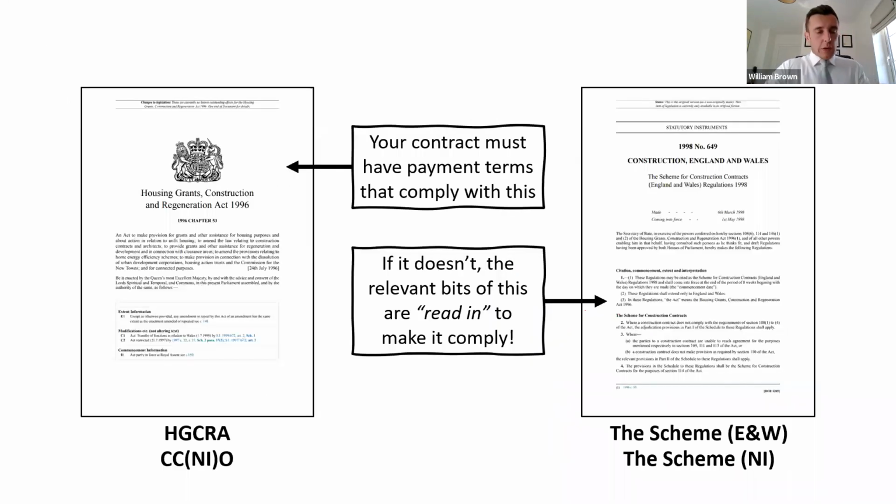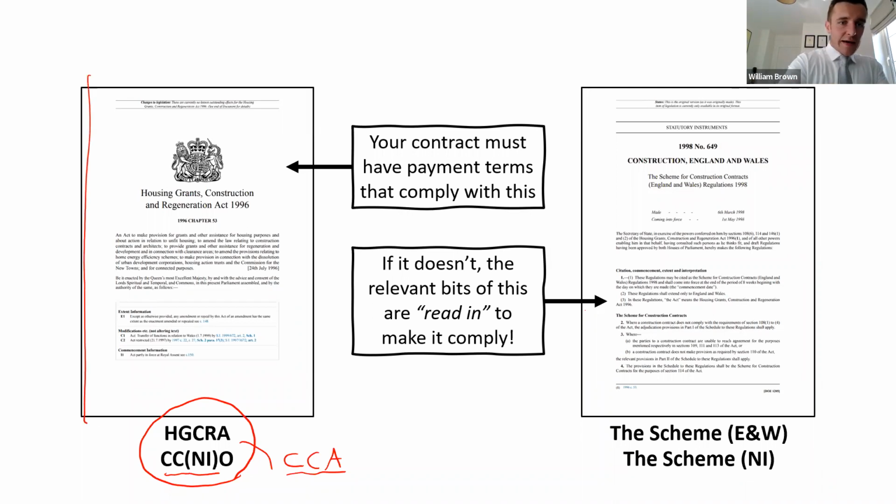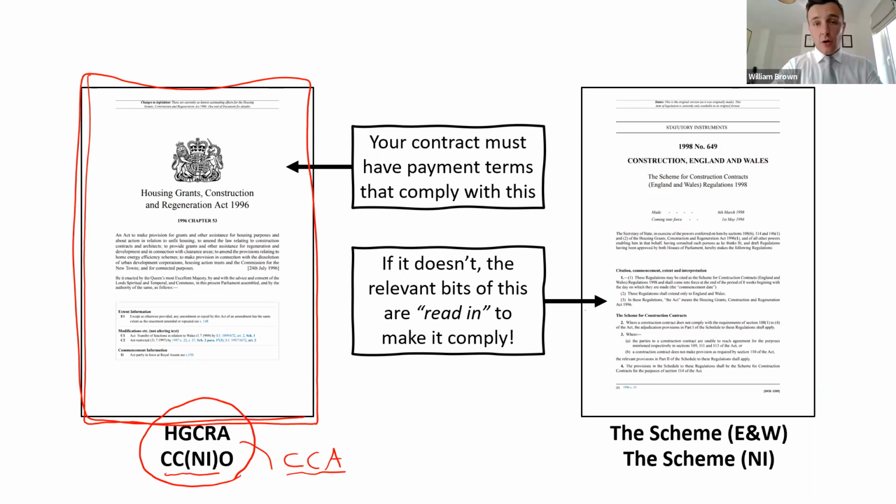In terms of what the law also says then, we have that Housing Grants Construction and Regeneration Act, or if you're in Northern Ireland, we've got the Northern Irish cousin. If you're working in the Republic of Ireland, there's an Irish version as well. Again, subtly different, and do treat it as its own beast. But for broad brush purposes, it sets out those three key rights that we looked at. So your contract has to fit within that legal box. It has to comply with those pieces of law.